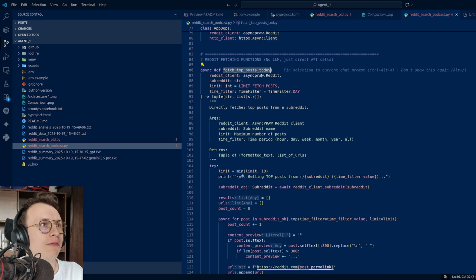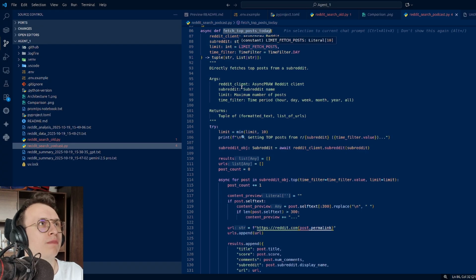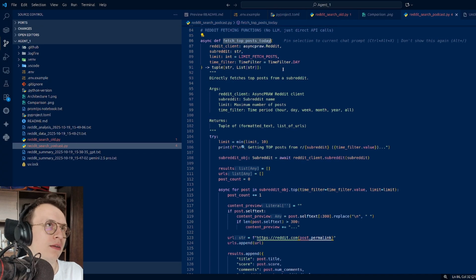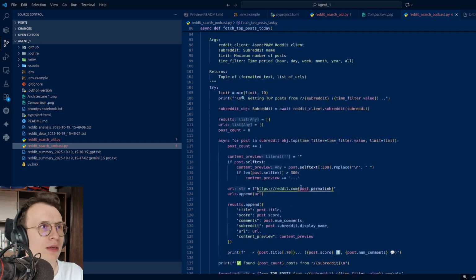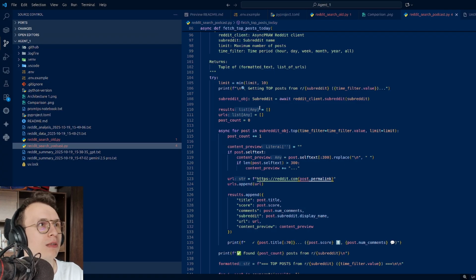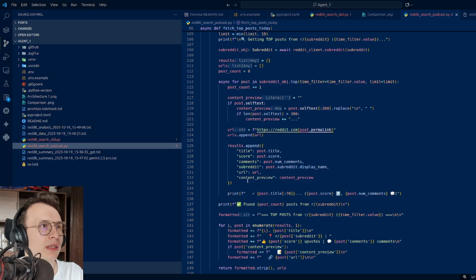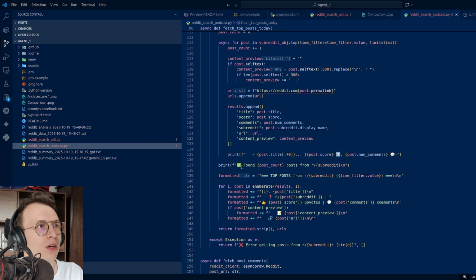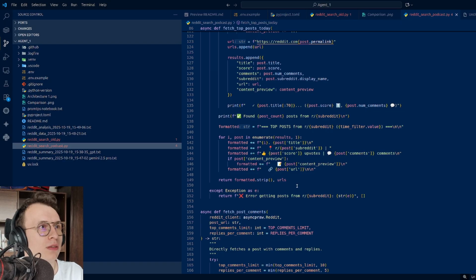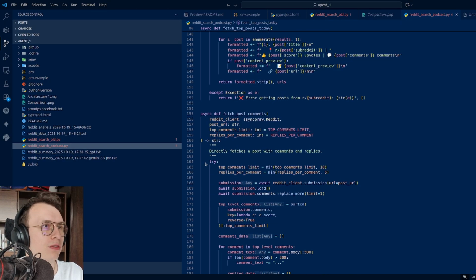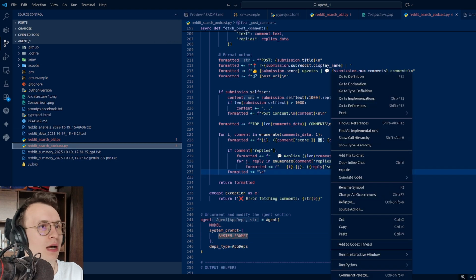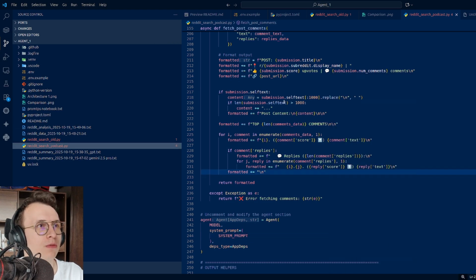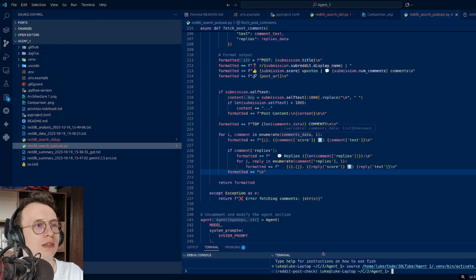So then we fetch the top posts from today. Actually, not only today, because we can change it, but yeah, that's what I named this function. So we have a limit. We basically get the titles, scores, comments, subreddits, content preview, print it and put it back, and then we fetch posts and so on. So I already ran it, but let's maybe run it also while I'm speaking, so you guys see that it actually works.